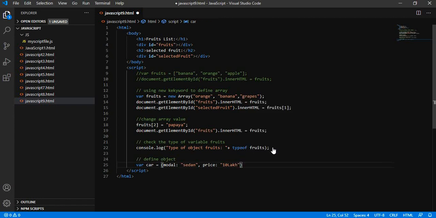When we define the object, then we can access the value with the help of its member name.